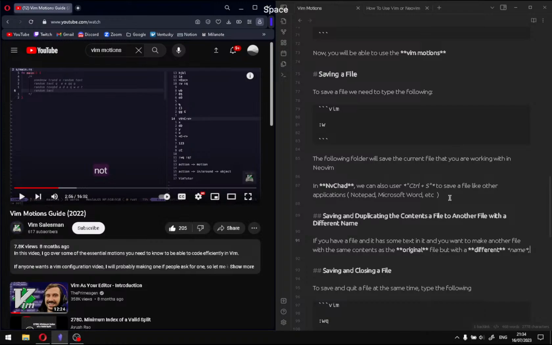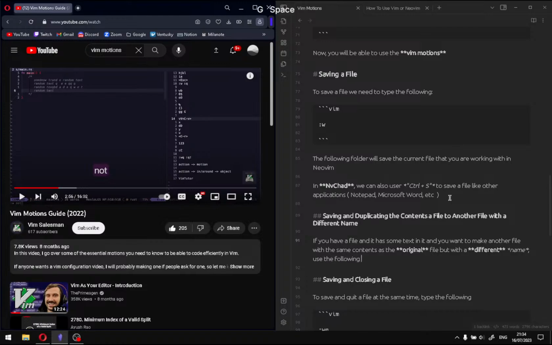So this, and then use the following command: if you have a file with some text in it and you want to make another file with the same contents as the original but with a different name, use the following command: